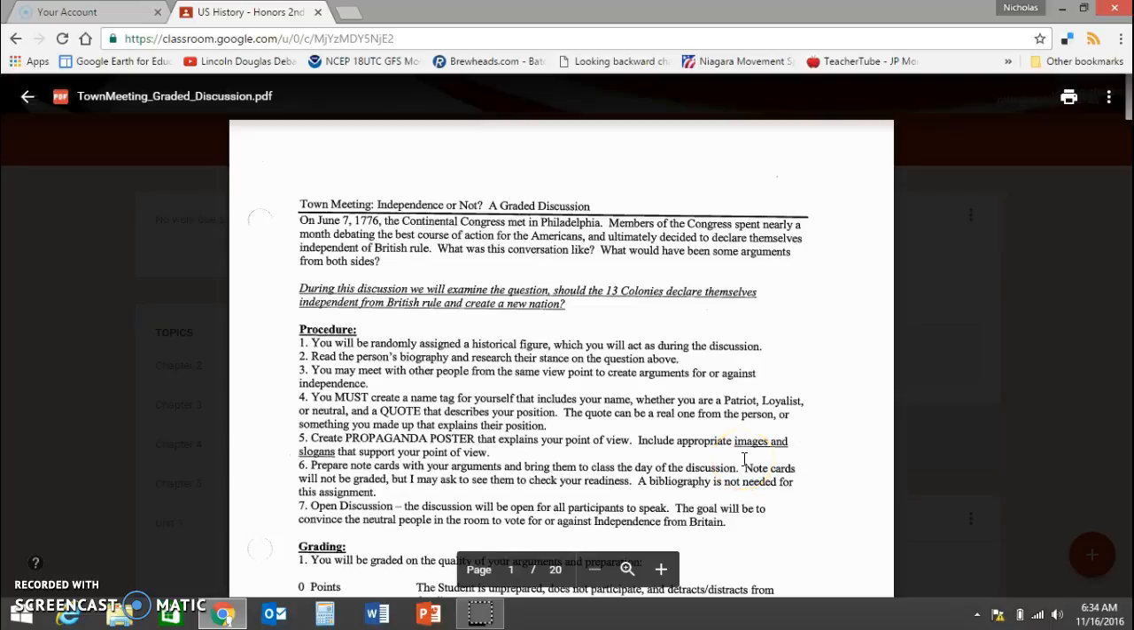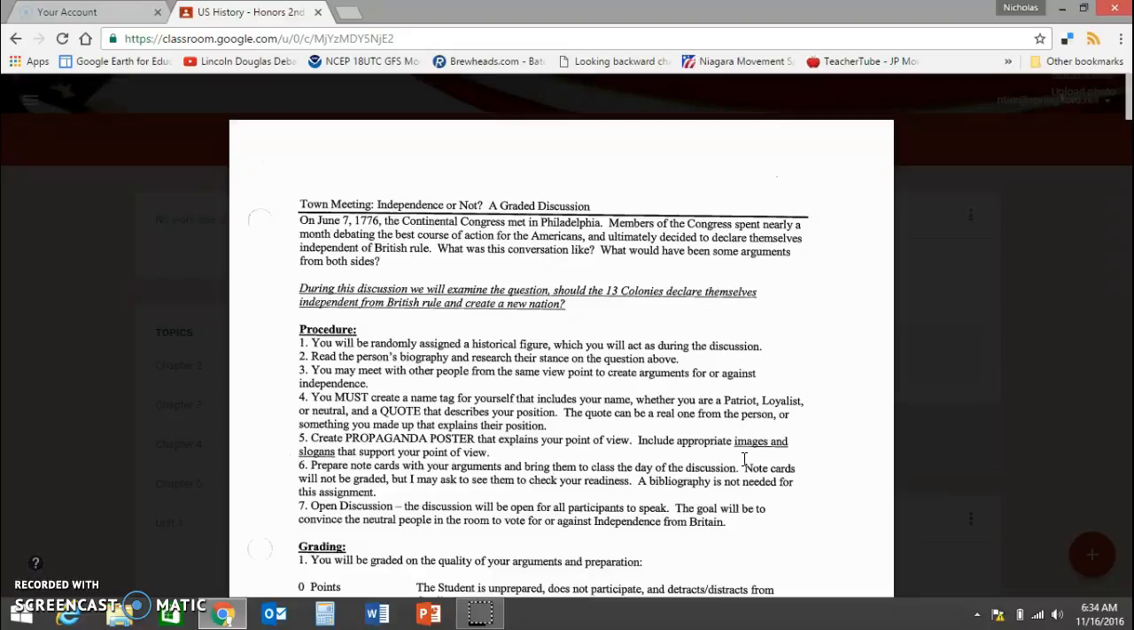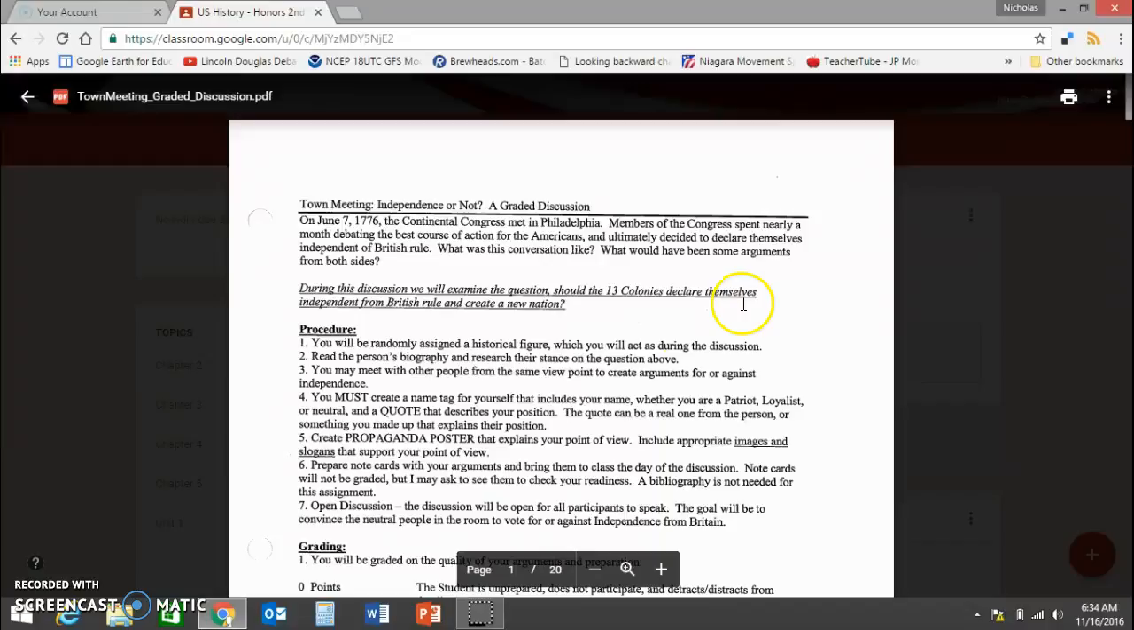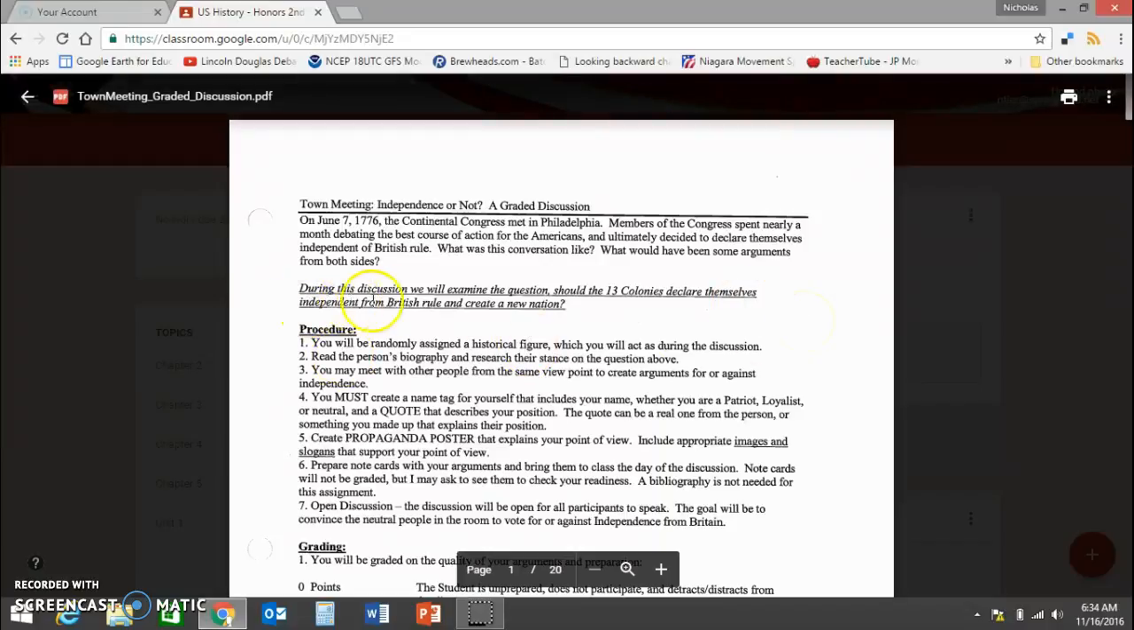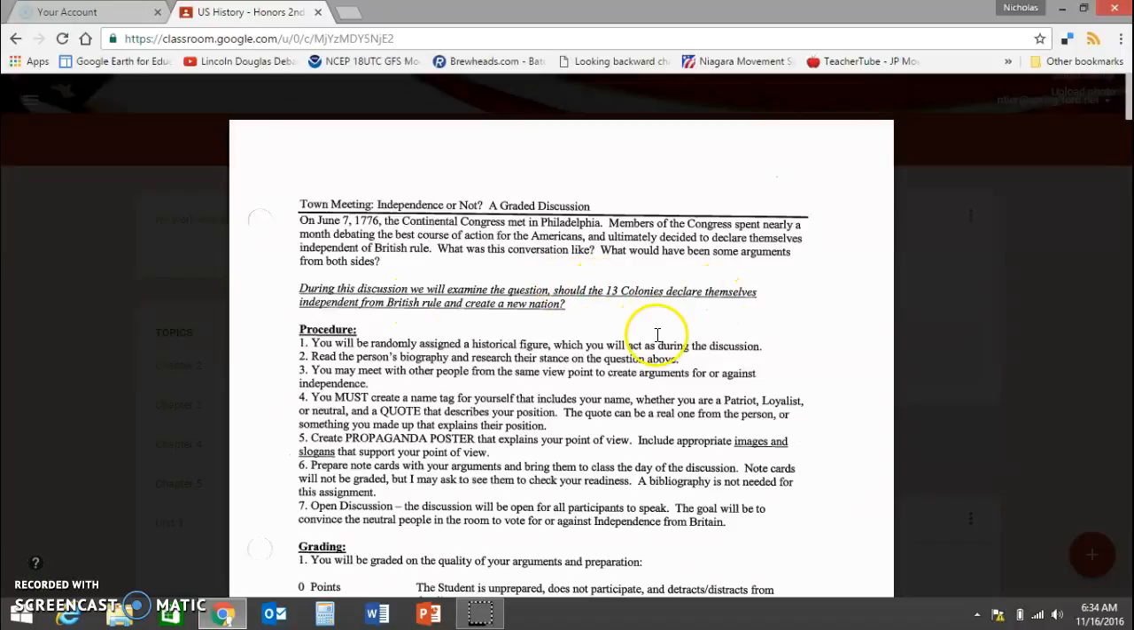Basically, what we're going to do is simulate a conversation that members of Continental Congress might have had in 1776 about whether or not to declare independence from the United States. So our key question here is, should the 13 colonies declare themselves independent from British rule and create a new nation? So each of you are going to get a historical figure which you're going to act as during